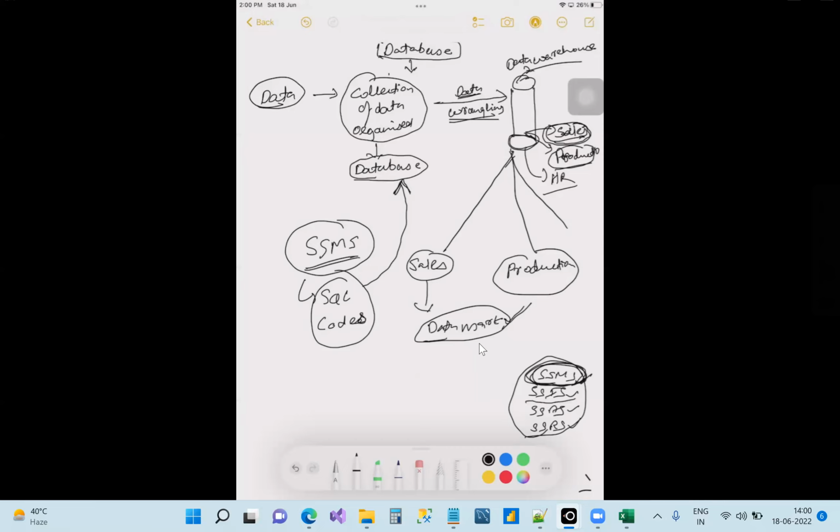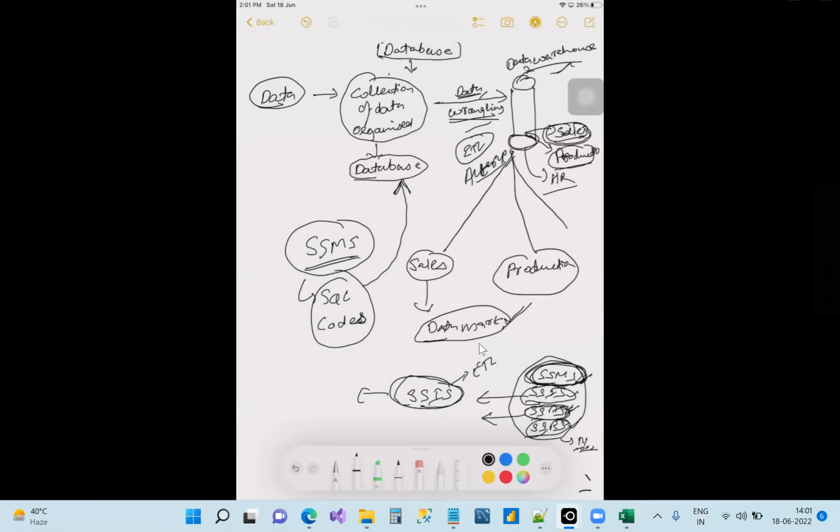Whereas SSIS is actually an ETL. I told you, over here, data wrangling, we do ETL, right? I told you the examples of Informatica and all these things. So SSIS is actually an ETL tool of Microsoft. SSAS is where you prepare your data for analytics. This is similar to what we are doing over here. And SSRS is where you do your reporting, similar to your BI tools. Got it?